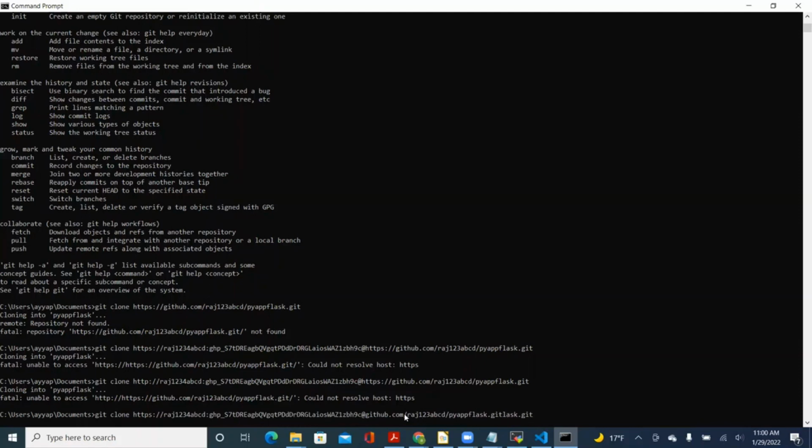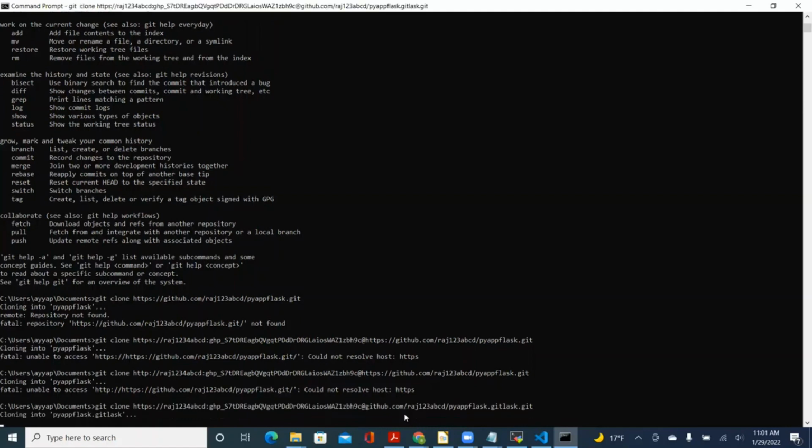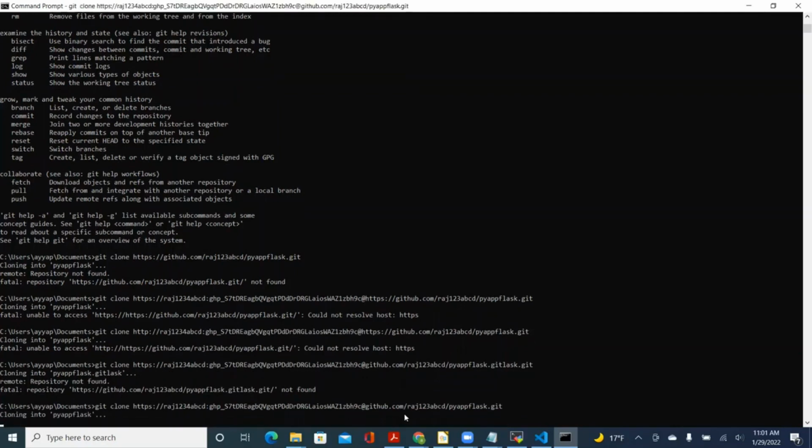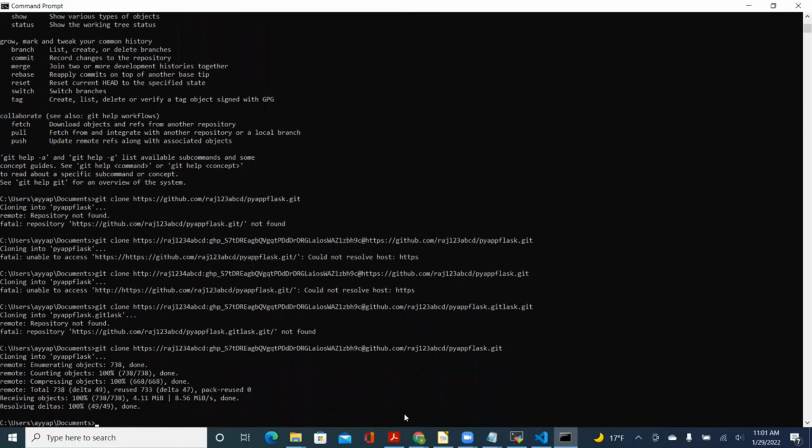Okay, that's it. So this should work. Git app flask app. Okay, now it's cloning the